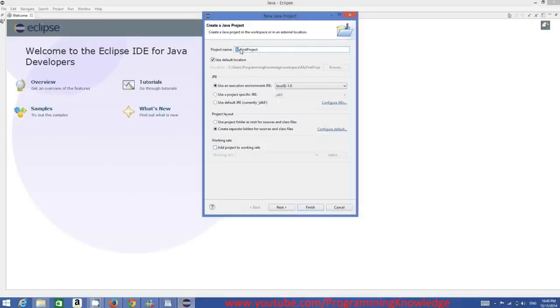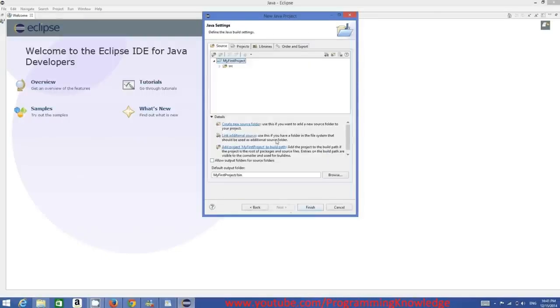So in My, M is capital, in First, F is capital, in Project, P is capital, so it's called camel case. So it's a convention to give names like this, and all things are okay. You can just click Next,